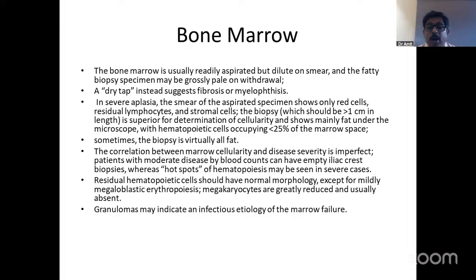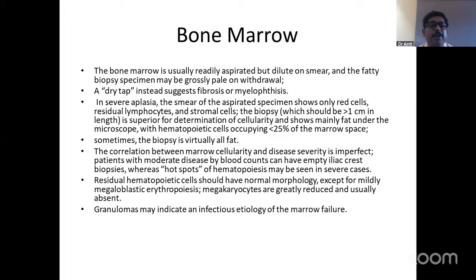Now, the next step is bone marrow examination. Usually the bone marrow is readily aspirated but diluted on smear, and the fatty biopsy specimen may appear pale to the naked eye. Usually in aplastic anemia you will get some material out, and if there is a dry tap, it suggests fibrosis or myelophthisis. In severe aplasia, the aspirated smear shows only red cells, residual lymphocytes, and stromal cells, and the biopsy, which should be more than 1 centimeter in length,